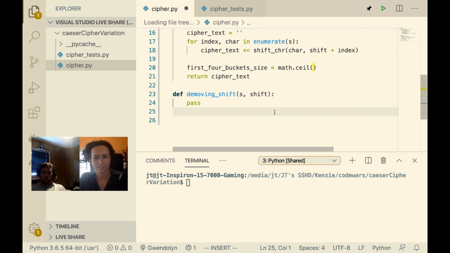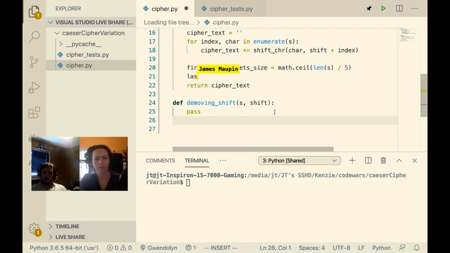And then we just do len of the string divided by 5, because we're going to have 5 elements in the array. This will give us the number of characters that we put in each of the first 4 buckets. Okay. Does that make sense? I'm just wondering if it's going to give us the right result, but we'll see.